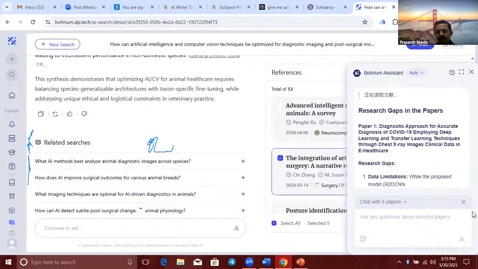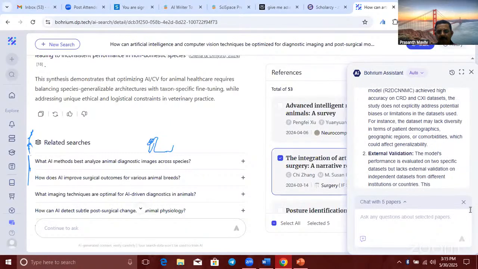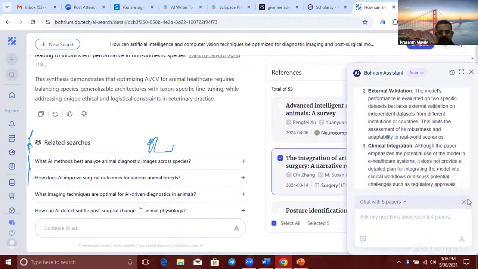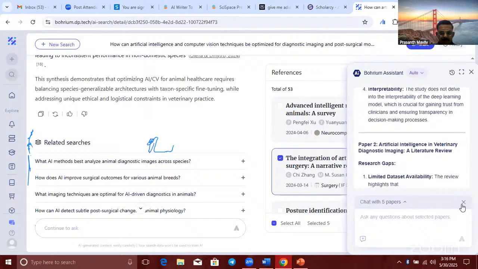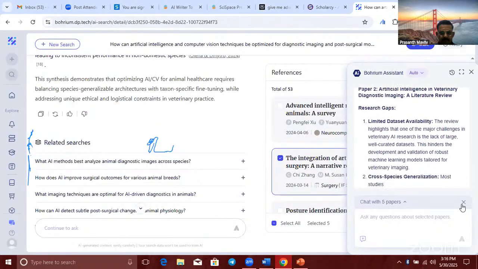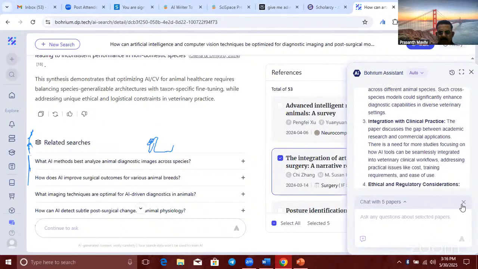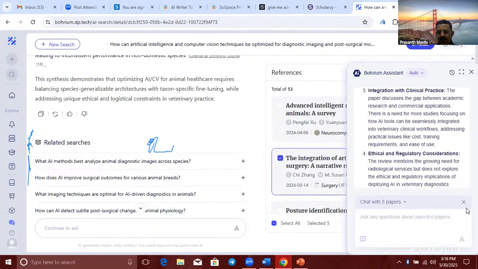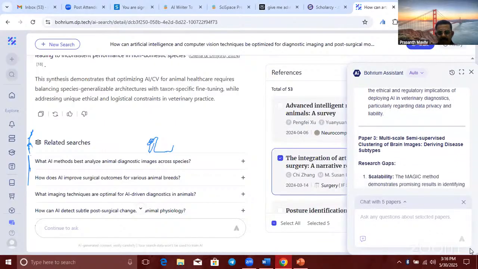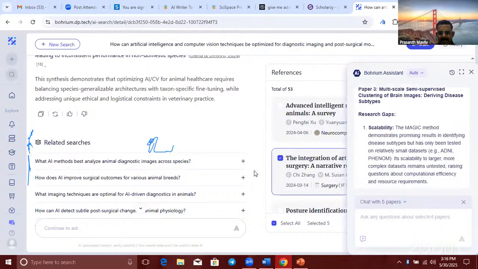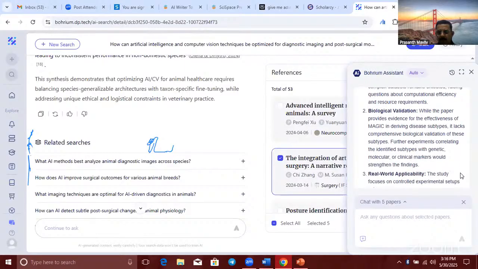See, the research gaps in these 5 papers have been given to us within seconds. You can see that. It's very helpful for analyzing the literature and finding the research gap.